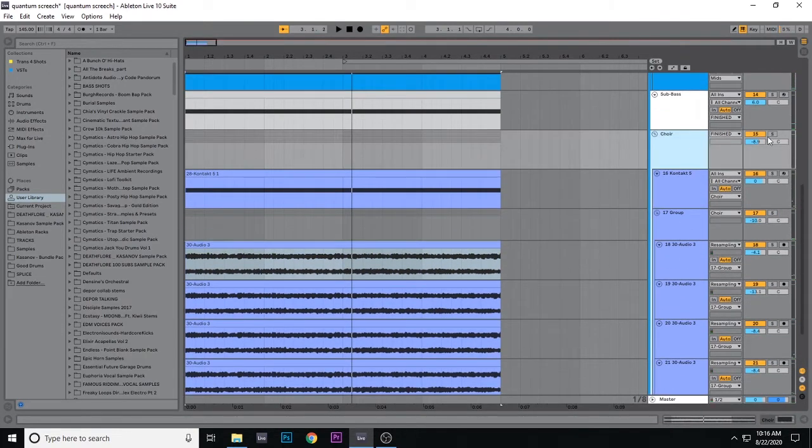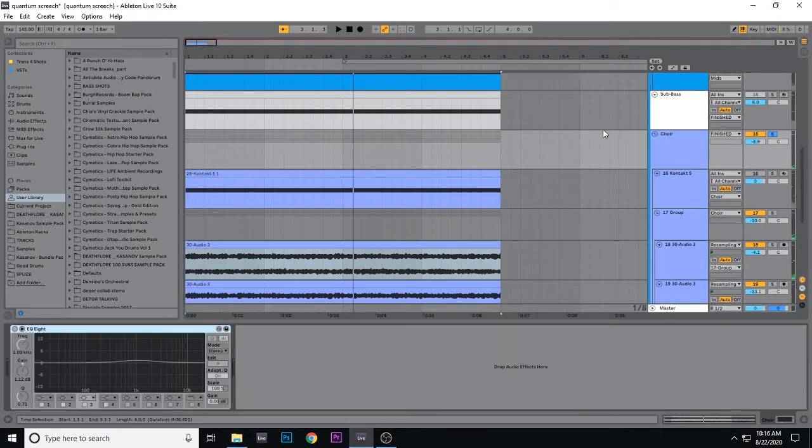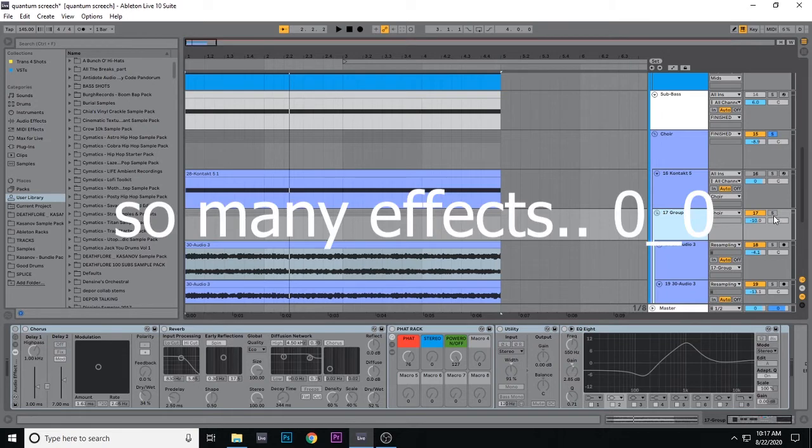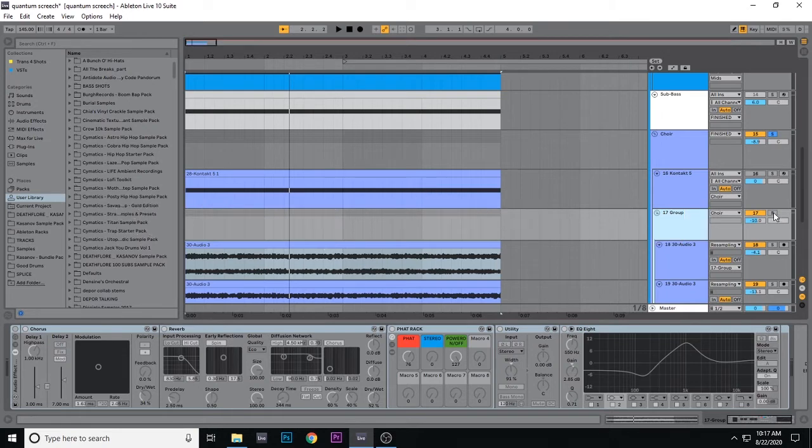So then all of this... Oh, I forgot to turn this down. And then at the end I used this, a little EQ. I think over here, there's a bunch of effects on here. I forgot to mention this in the last recording. I had to do this recording a lot of times because I missed this one. But yeah, so first we have a chorus,